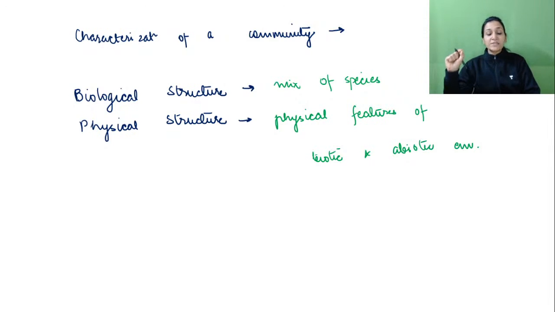The form and structure of terrestrial communities are largely defined by what? Obviously, we are seeing plants, so it is largely defined by vegetation, including the growth form, their vertical height, their horizontal space occupying, how much space they are occupying, and what is their biological structure. So the form and structure of a terrestrial community will largely depend on the forestation or the vegetation it is having.